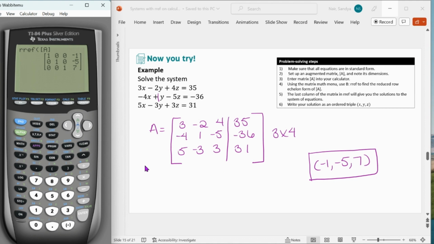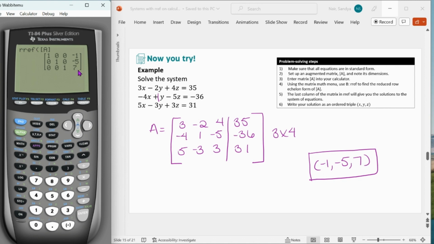For the solution to the system, you can see that I went ahead and set up the augmented matrix like I've shown here. And then I entered this into the calculator under the edit menu. And then I did second matrix. And then from the math menu, I chose reduced row echelon form. And then from second matrix in the names menu, I chose matrix A. And then when I hit enter, it gave me the solution, which is x equals -1, y equals -5, and